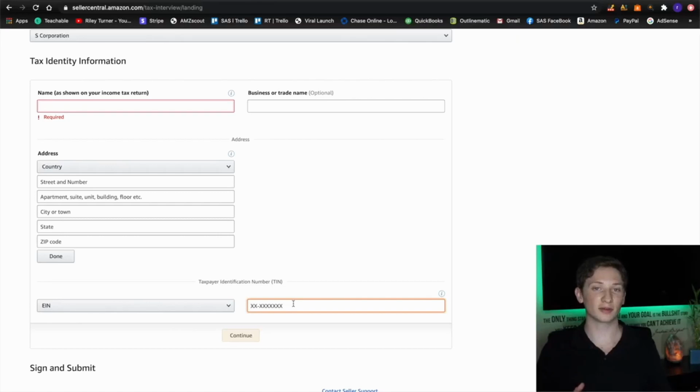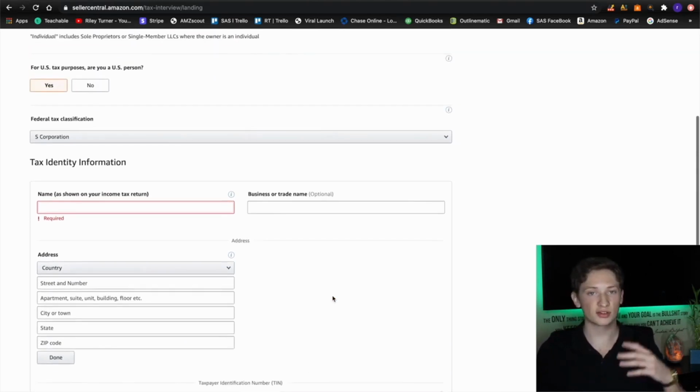Whenever you create a different legal entity or create a company, you are going to be given an EIN number. This is going to be basically like a social security number for your business. So this is a number that you should not share with anyone. It's very private, just like your social security number is very private. And this is where you are going to enter that EIN number. So go ahead and enter that information here. And if you really can't figure it out or find it, you can talk to your accountant or tax preparer, and they should definitely be able to help you find that out. So that's pretty much it if you're going to be entering in your tax information as a corporation or an